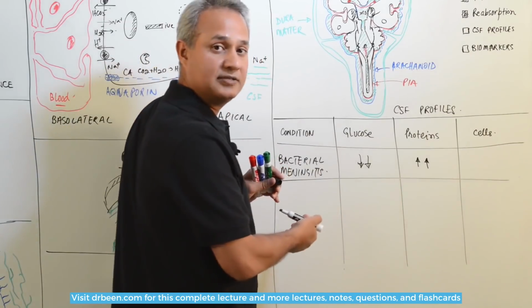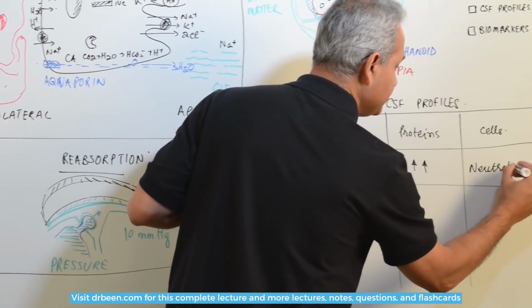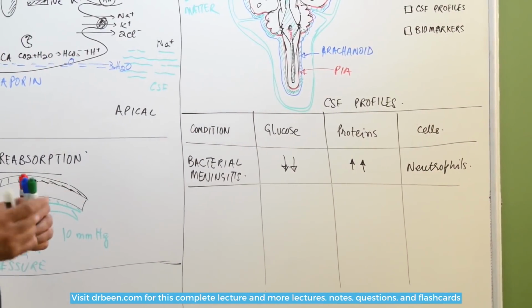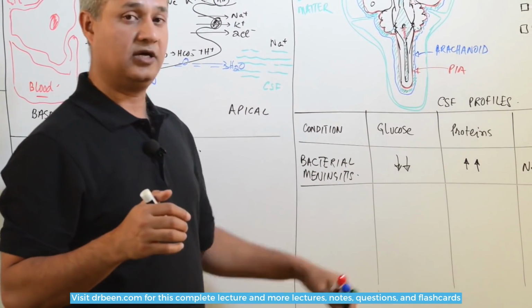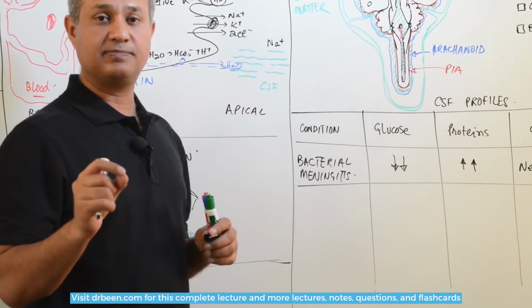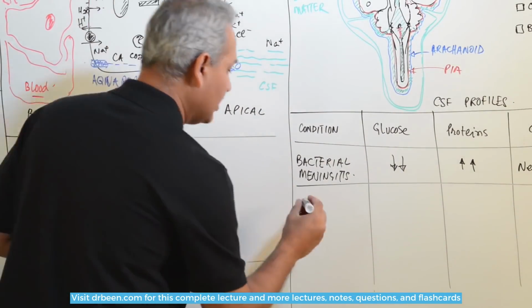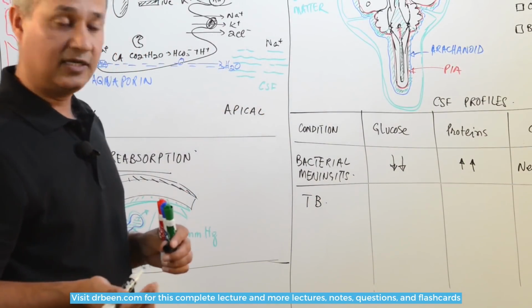So who handles the bacteria? Mostly neutrophils. So neutrophil levels are increased, protein levels are very high, glucose levels are down. Suspect bacterial meningitis or infection. Now one more thing here, tuberculosis is actually bacterial, right? However,